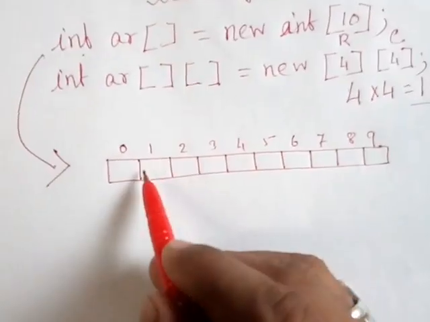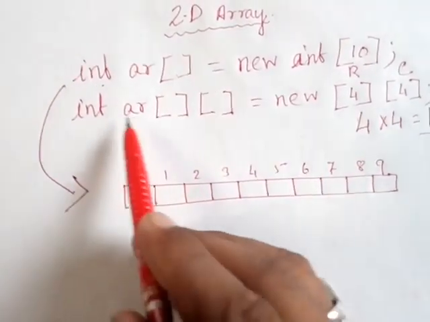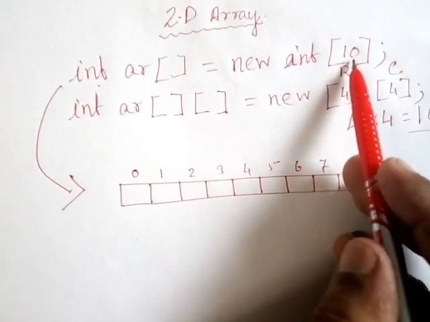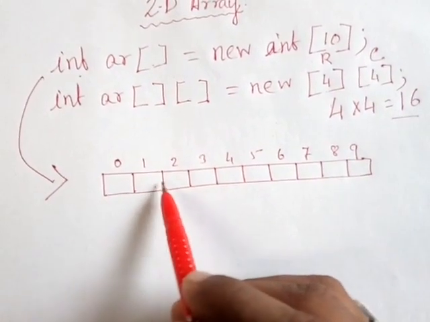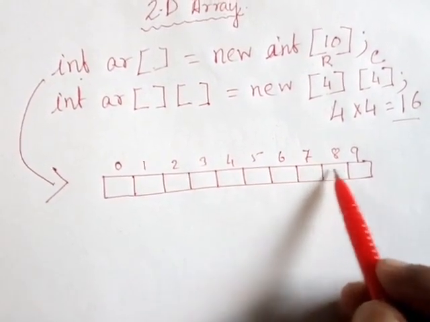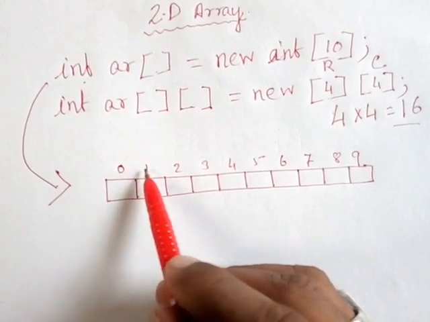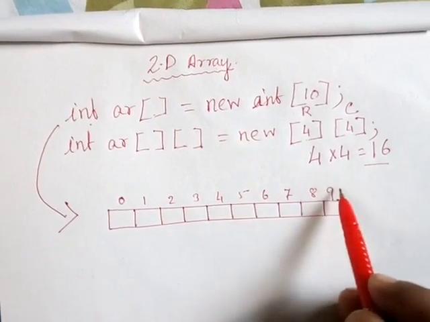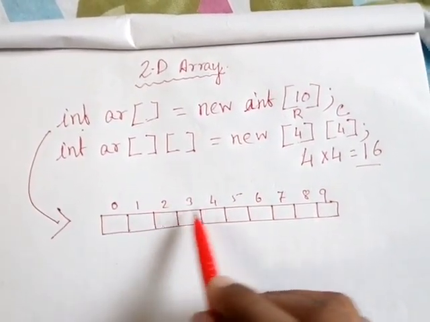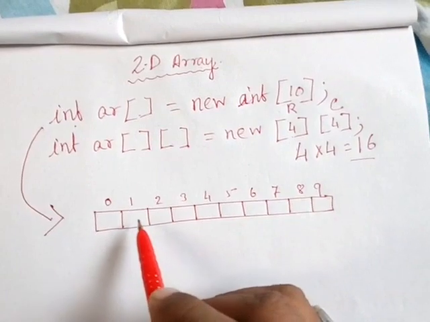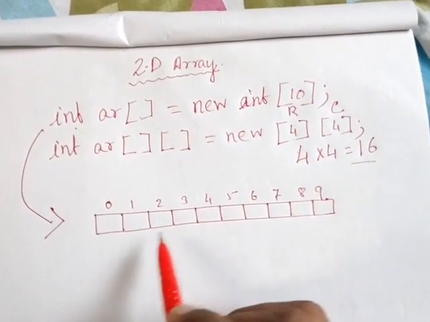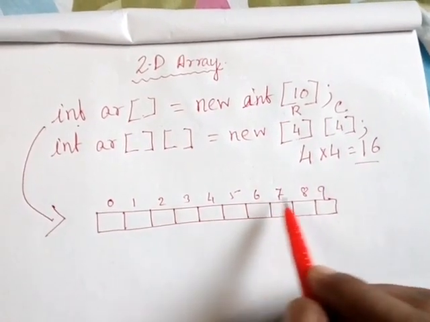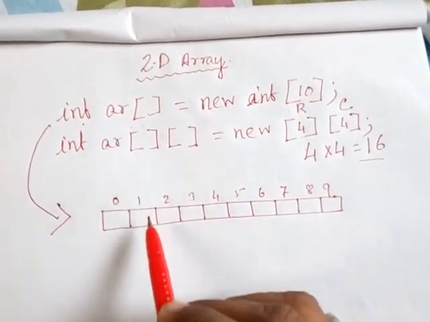See students, this is the memory representation technique of a 1D array, or one-dimensional array. So how many values can we enter? Total 10. That is why 0, 1, 2, 3, 4, 5, 6, 7, 8, 9. This is called the index number. Index number always begins with 0, you know about that. So total 10 memory spaces, 10 integer memory spaces are already occupied. Now the user can enter any value within it. This is the memory representation technique of a one-dimensional array.